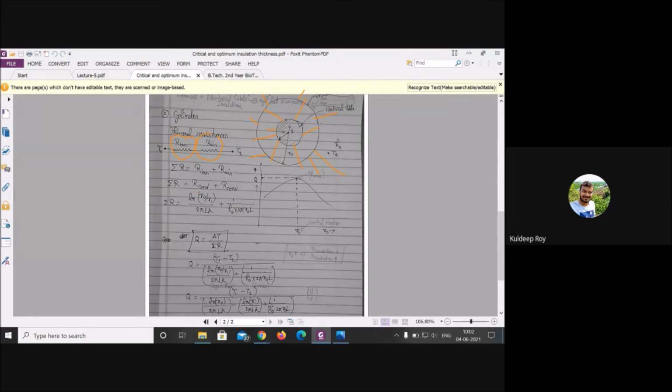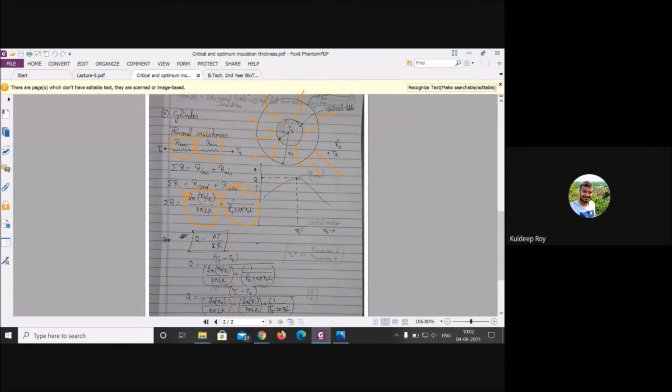For conduction, this is your cylinder. Now you see this formula we recently derived: ln(R naught divided by R1) divided by 2 pi L k. Just keep in your mind, this is the formula for resistance when the heat flows in any kind of cylinder or pipe. This is the resistance value, and this is the resistance due to convection, 1 by H naught 2 pi R naught L. Now you have got the value of the two resistances and you have added both.